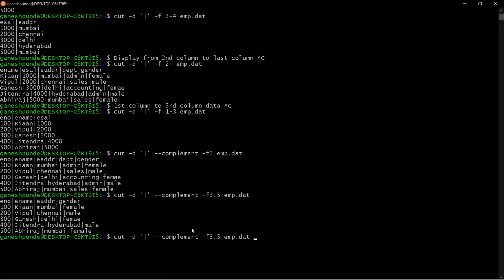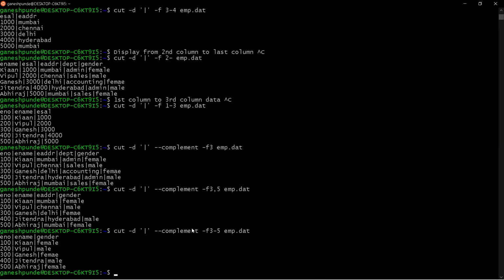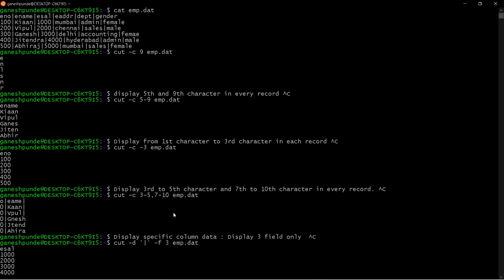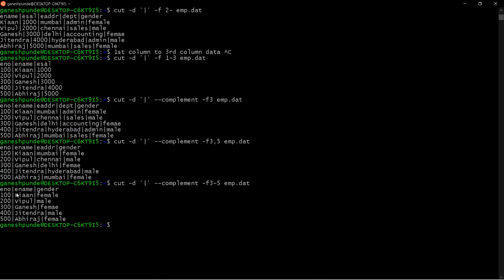Now, suppose I want to ignore some range. Let's say 3 to 5 I want to ignore. I can specify like this. So you can see now the 3rd, 4th and 5th column, that is salary, address and department, is removed. And now it is showing the number, name and gender.